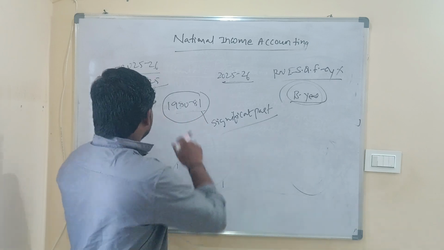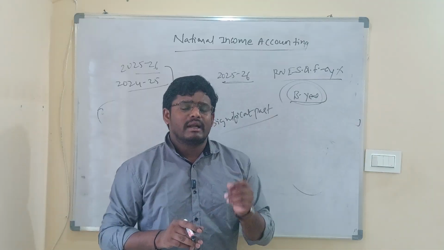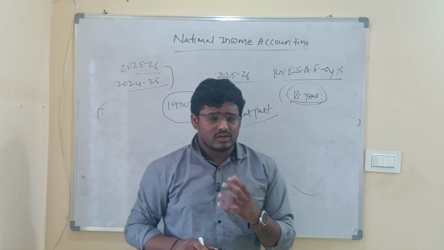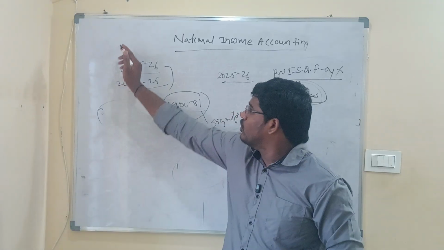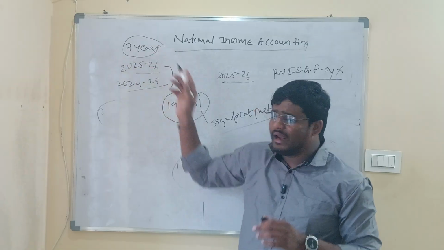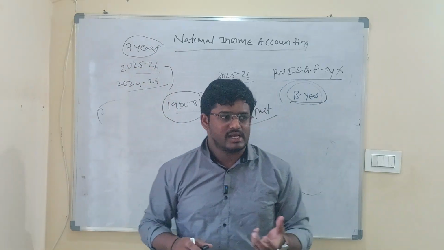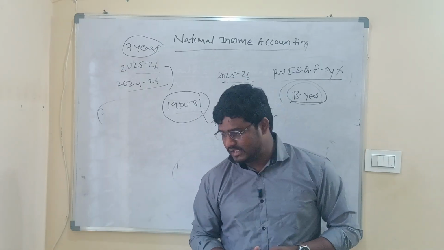So if the base year is selected one year before, the inflation, like the price of goods, might not be much. So that is why the base year should not be too old, it should not be too new, but there is no hard and fast rule that so many years before the current year should be selected. Most probably we can select 7 years before the current year. That is the point which we have to keep in mind. So these are the points on the base year.